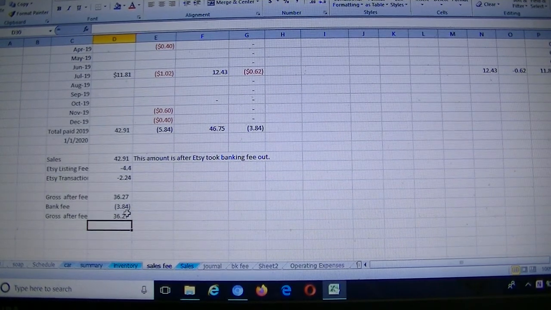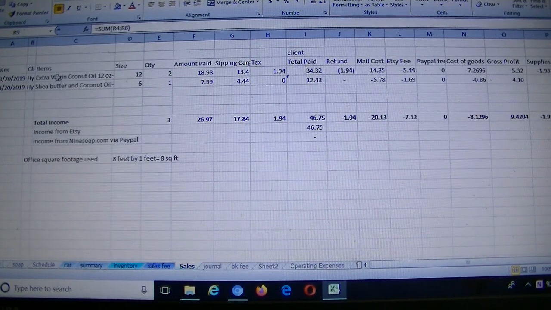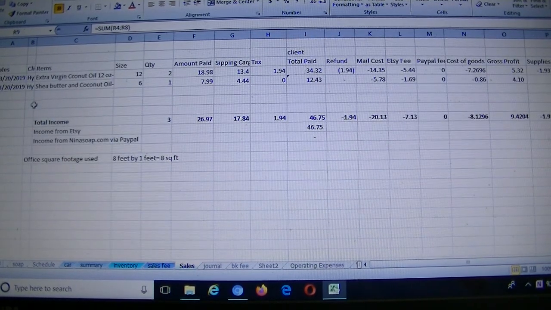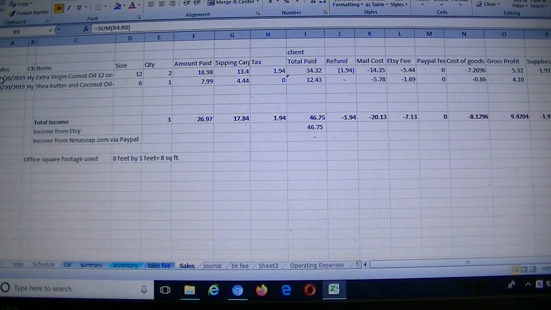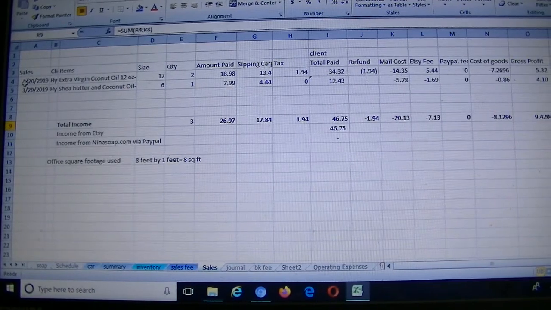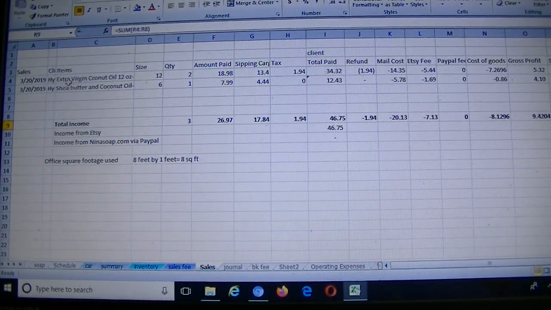The net, I'll call it the gross profit pretty much. And then I have this section where I record my sales. It's good to do that on a regular basis if you want to track the fees, because when they add up, it's kind of hard to track everything. But I will record the dates that the sales happen, and the products purchased, the size, the quantity, the amount